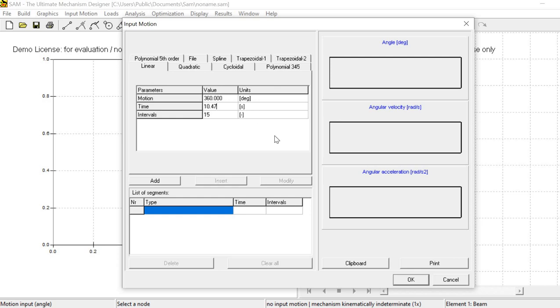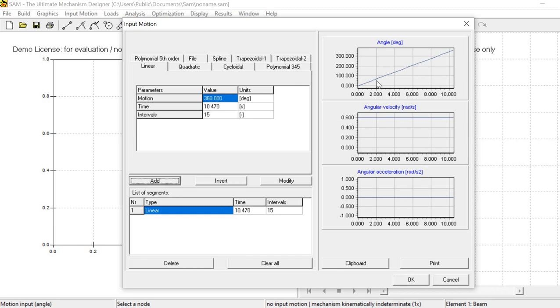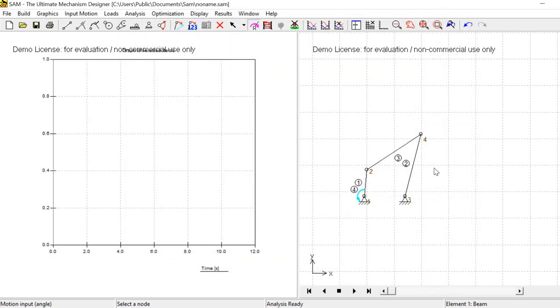Okay, let's try that. After that, just click this add. So you will get the angle degrees, the change in the angle degrees, as well as this angular velocity. I have marked this time interval, so it has directly told that this is 0.6 radian per second. So this is also correct. The angular acceleration is 0, so this is also correct. Click this OK button. So now we have this. After that, you can see it by clicking the play animation forward button. After that, you can stop also.